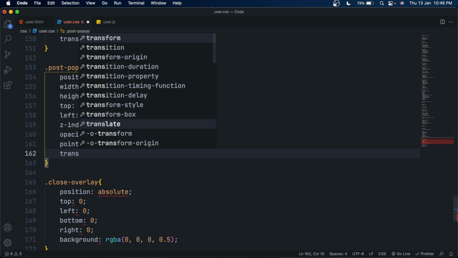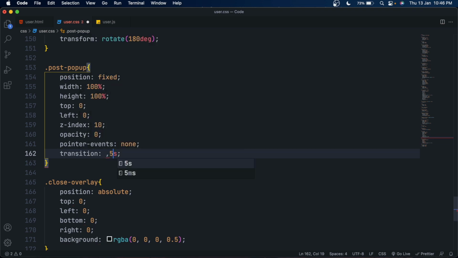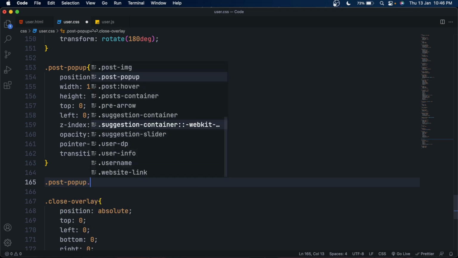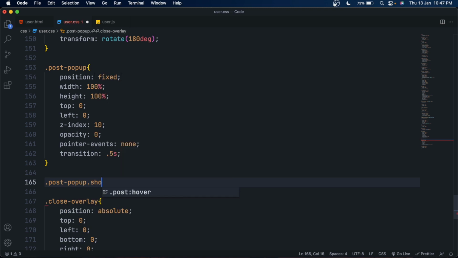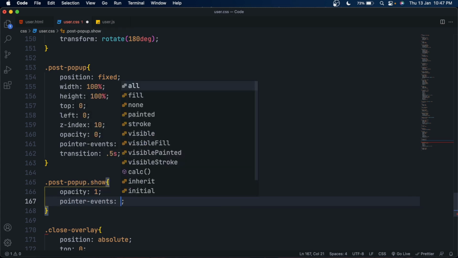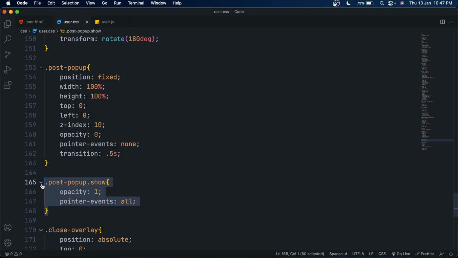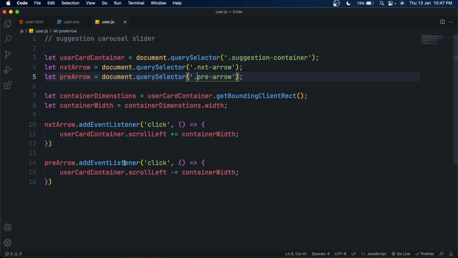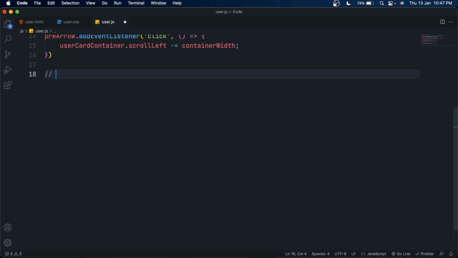Pointer events to none is important. Make sure of that. Give it a transition of 0.5 seconds for the smooth effect, and make another class, let's say show, and when the post pop-up has the show class, set its opacity to 1 with pointer events all. Great. So now